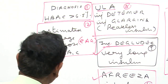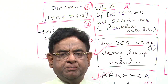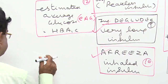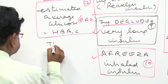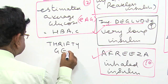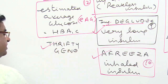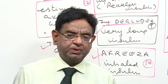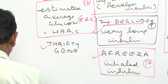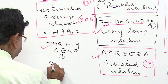Now let's talk about something else. One more thing which is not given in the 19th edition also, but widely discussed in all the conferences. So we talk about thrifty genes. This is beyond the 19th edition. These genes are responsible for overeating,